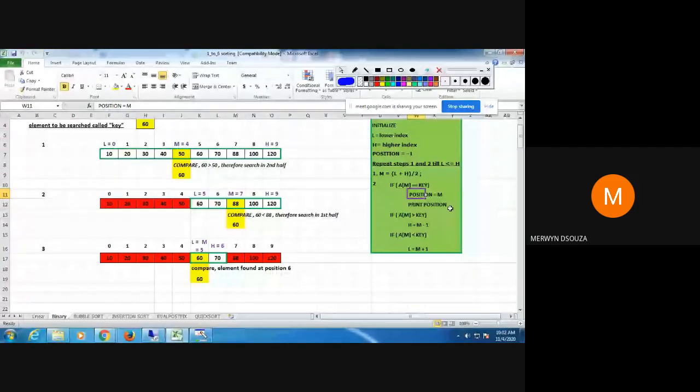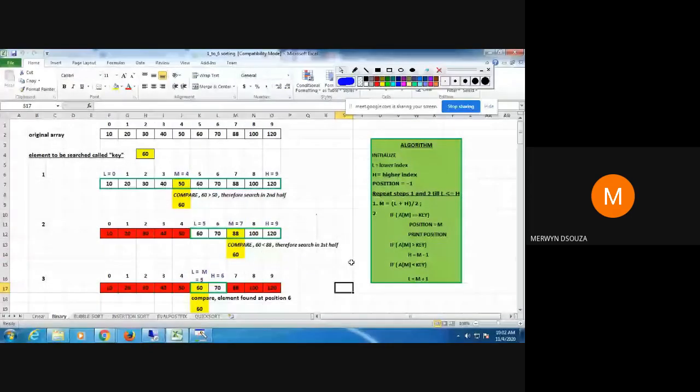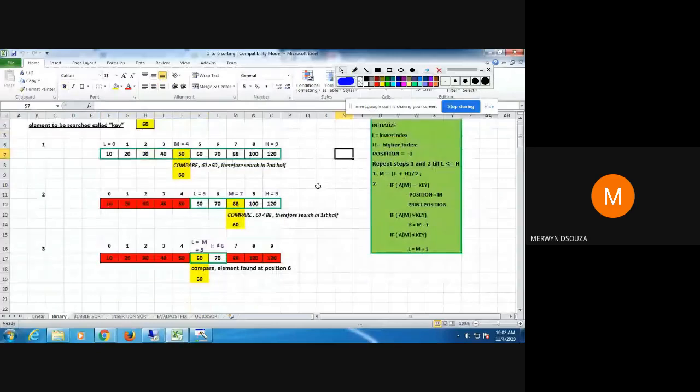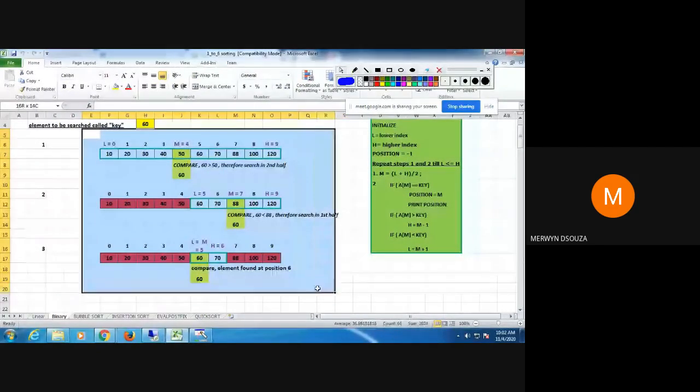Is it okay? So basically, if you were doing a linear search on this array, how many comparisons would you have to do to find 60? You have to do 6 comparisons, correct? I have to do 6 comparisons for linear search. But now in binary search, I've reduced that effort by half.